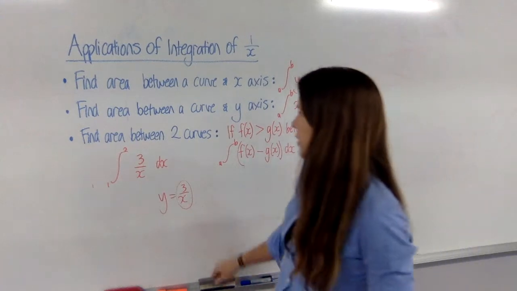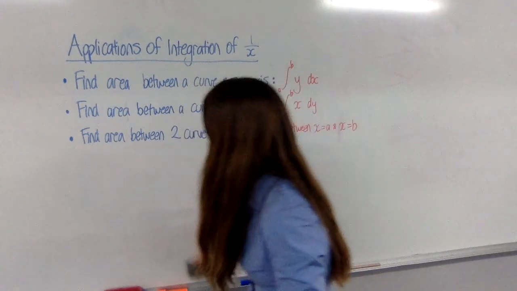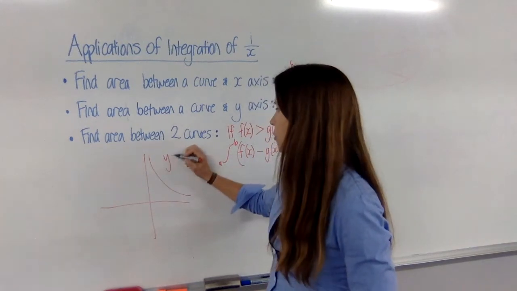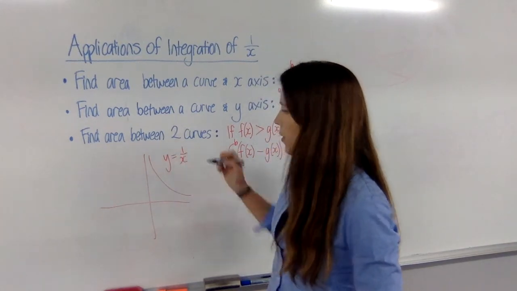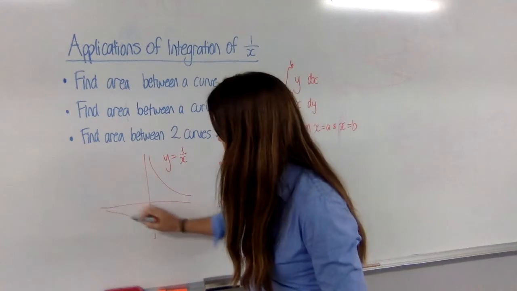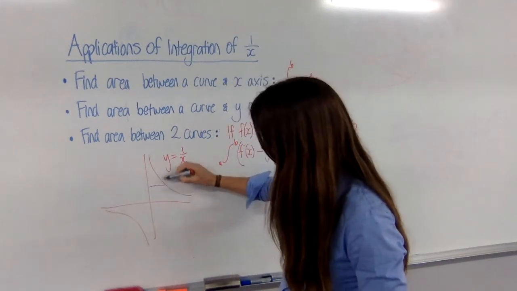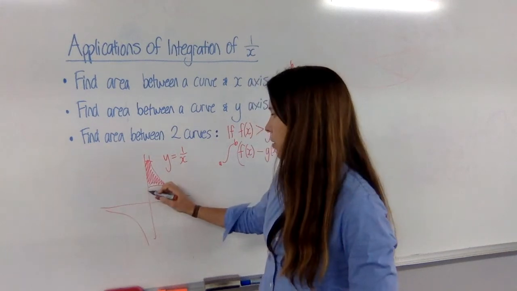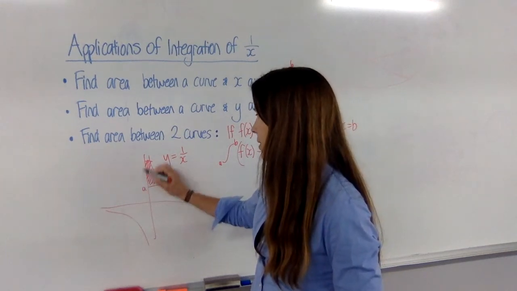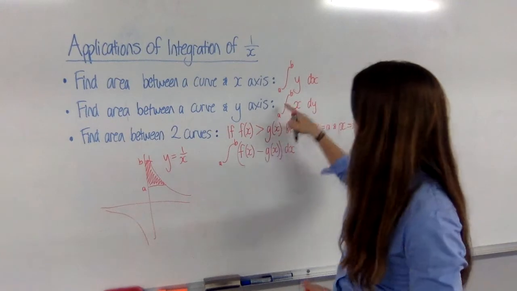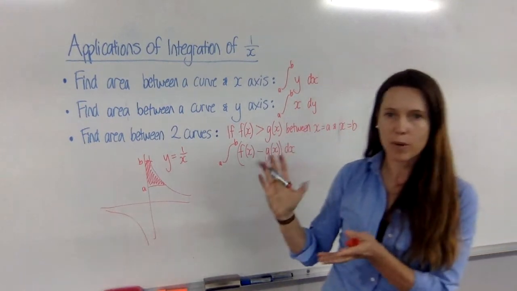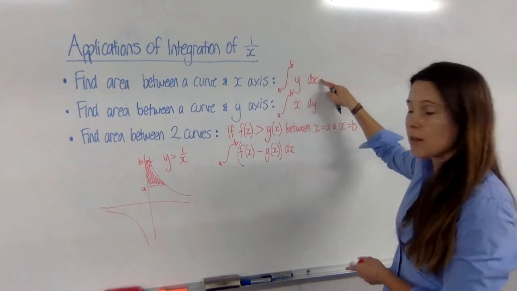Now we can also find the area between a curve and the y-axis. So if you've got a hyperbola like this, let's use good old y equals 1 over x, and you wanted to actually find an area in here, well, if you could call these upper and lower bounds a and b, we can actually integrate between those bounds and just going the other way around, instead of finding y dx, find